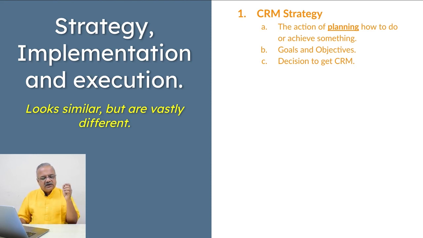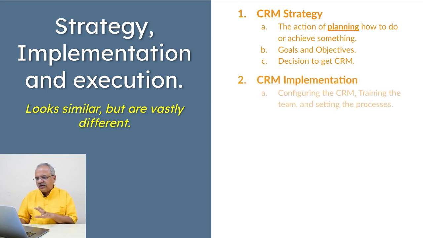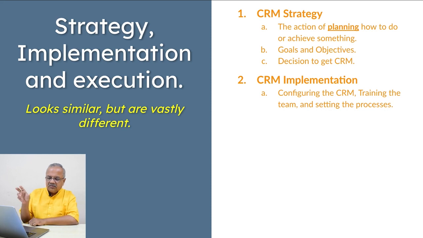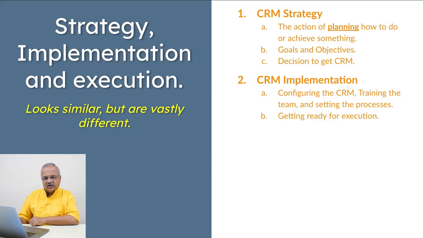So, for example, you have decided that you want CRM for achieving this goal and this objective. Then this is called strategy. Then implementing CRM is the next stage. The technical definition of implementation is different, and by that, I mean it is deeper than this. But we can consider this meaning for ourselves: configuring CRM and training our team, setting up processes, conducting training for processes and CRM. All these activities form implementation, right?